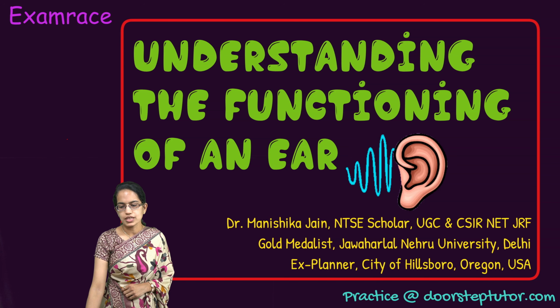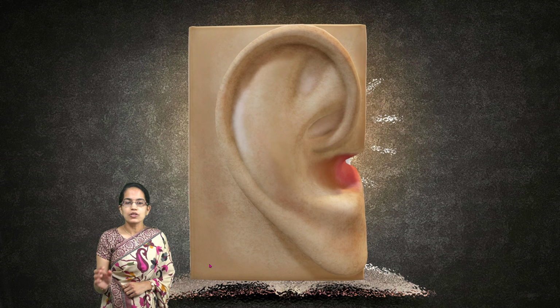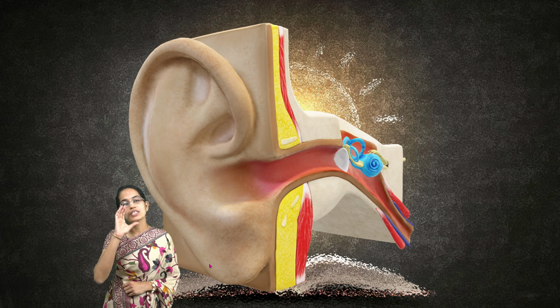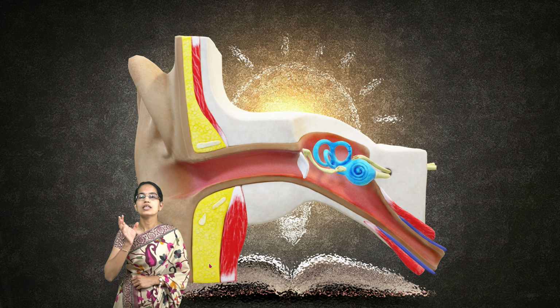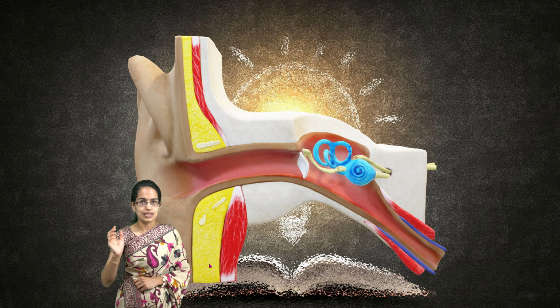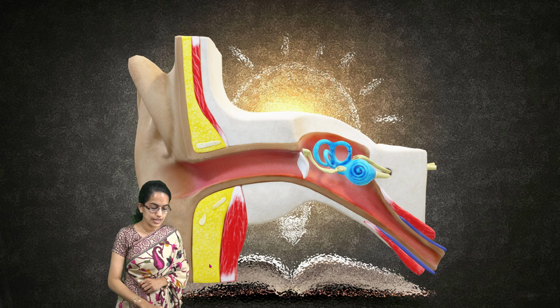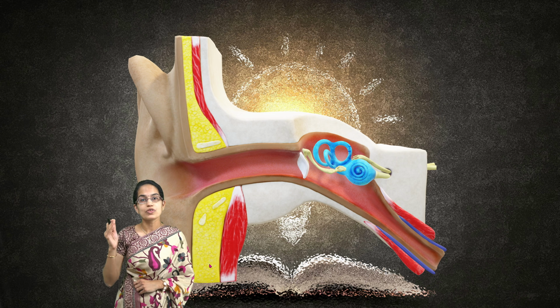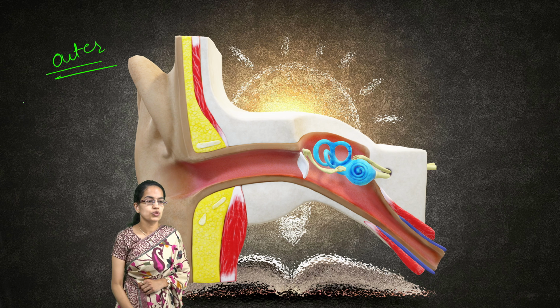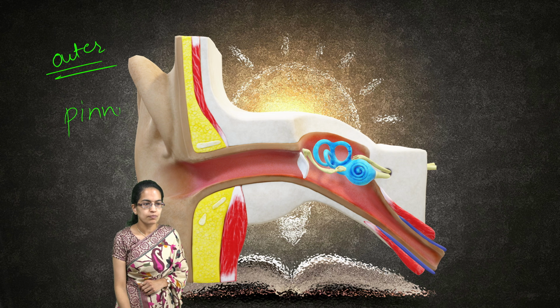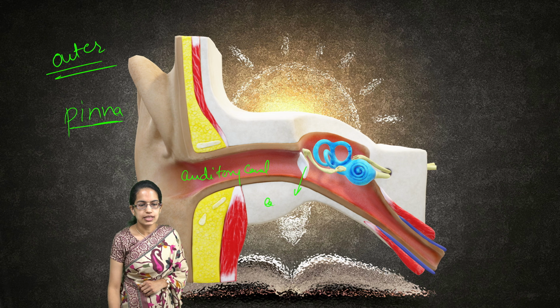Now, as we proceed, we would understand that when we talk about ear, we have three basic components that we talk about, and that is the outer ear, the middle ear, and the inner ear. The outer ear, which we can visualize, is composed of three things. It's the outermost ear that we visualize, and that is known as pinna. After pinna, we have the auditory canal, and after the auditory canal, there is eardrum.